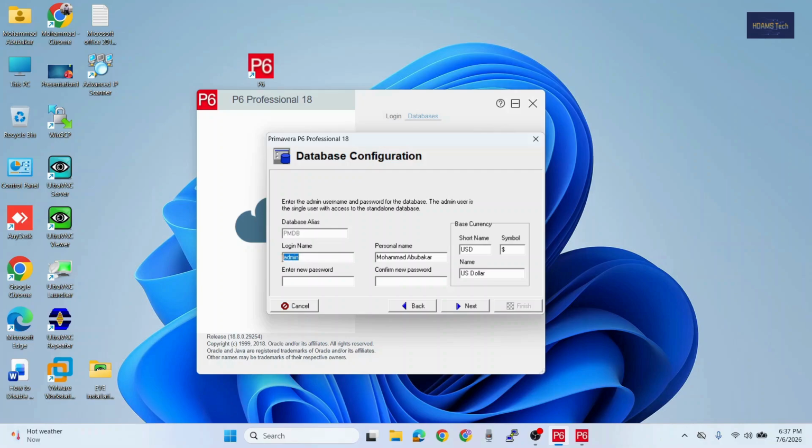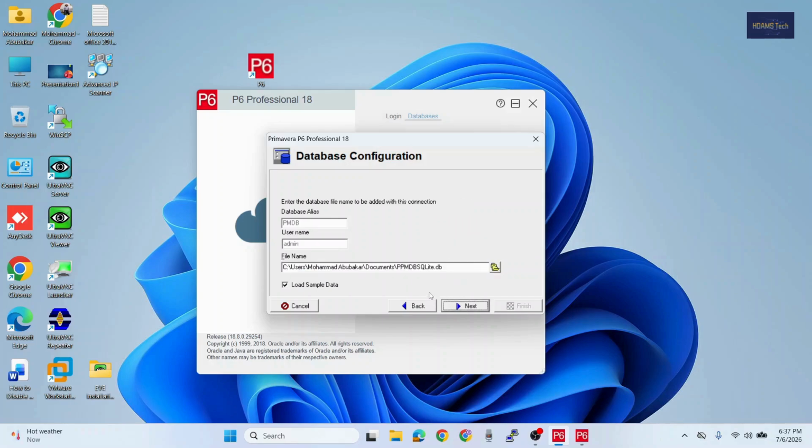the login name. It is showing admin, so if you want to change it you can, but I will use it as it is. And you can also give the password. I am giving any password. You should enter a new password and confirm the password, and then you can enter. As of now I use the same one and just click next,